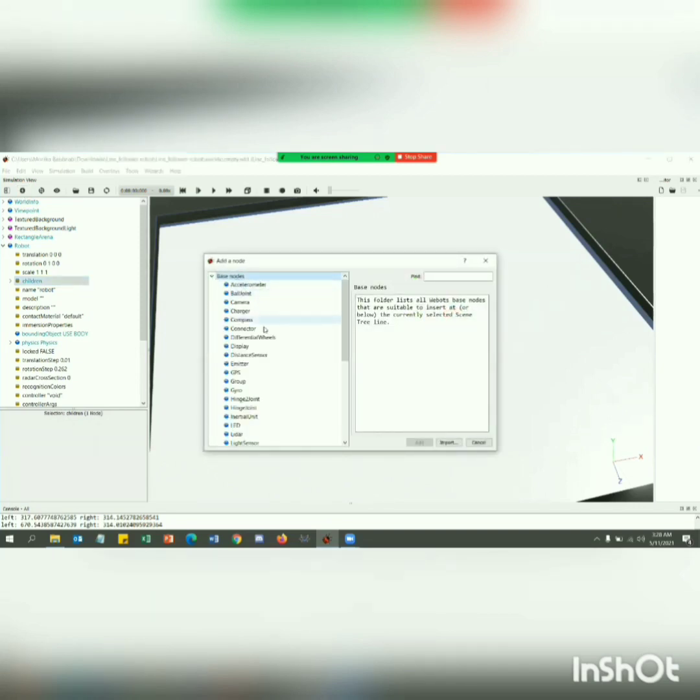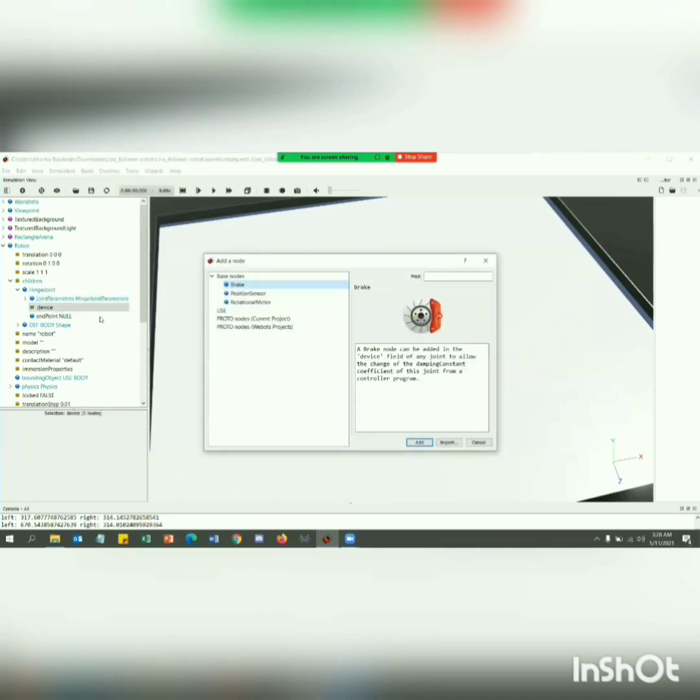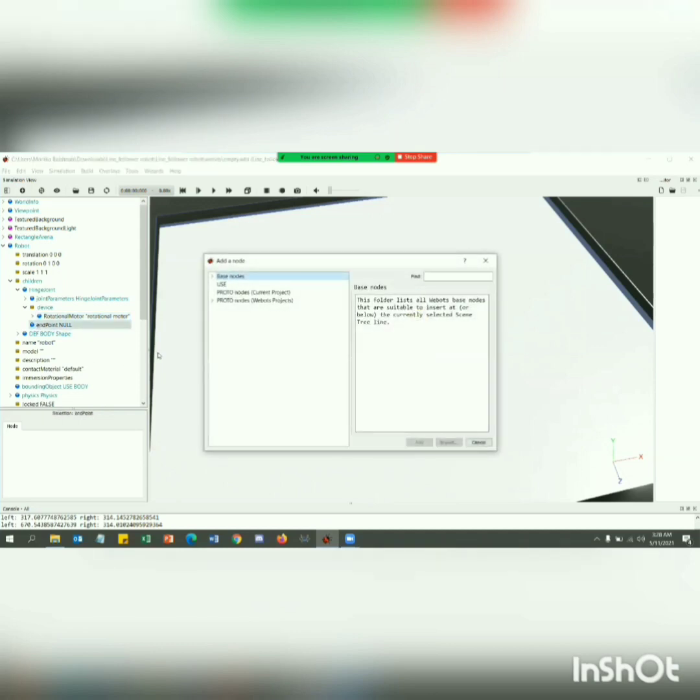We have to choose a hinge joint for making a wheel. So add it, and then go to joint parameter, hinge joint, and go to the device. We have to choose a rotational motor for our robot wheel, and for endpoint we have to choose solid,